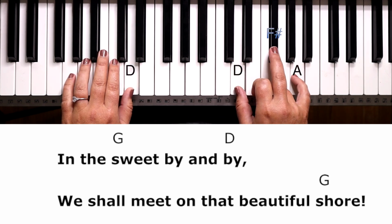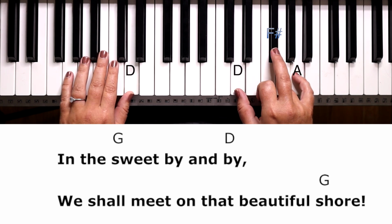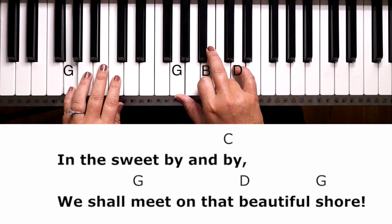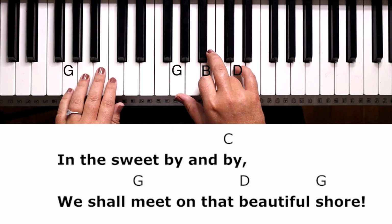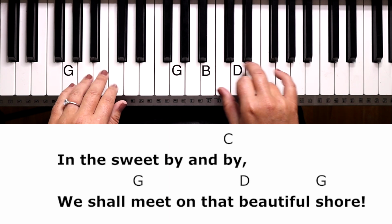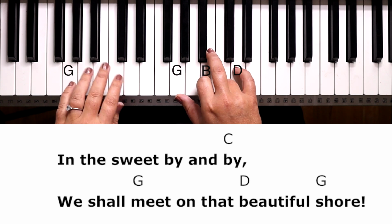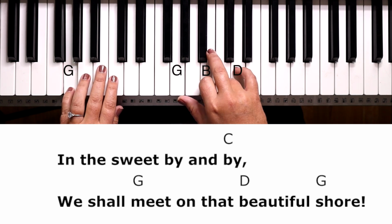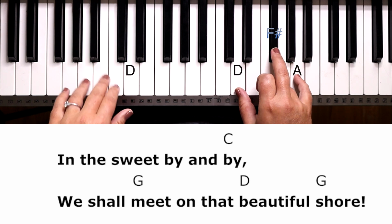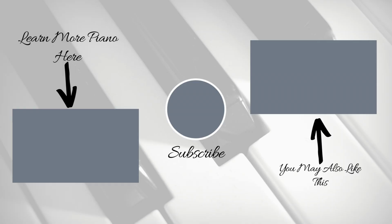In the sweet by and by we shall meet on that beautiful shore, in the sweet by and by we shall meet on that beautiful shore, we shall meet on that beautiful shore, in the sweet by and by we shall